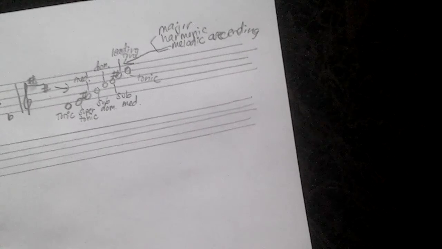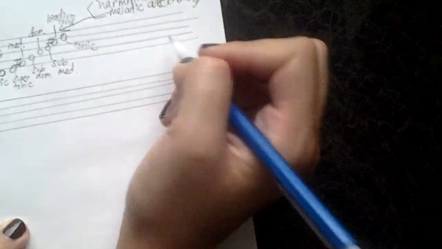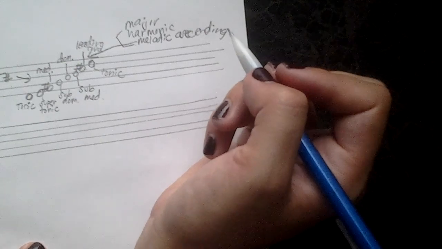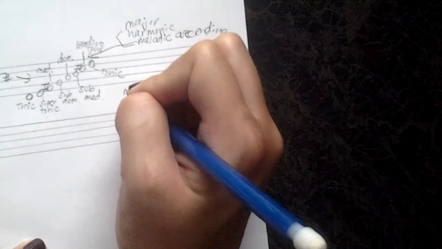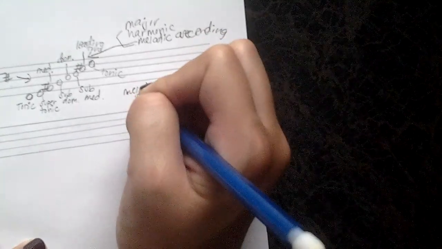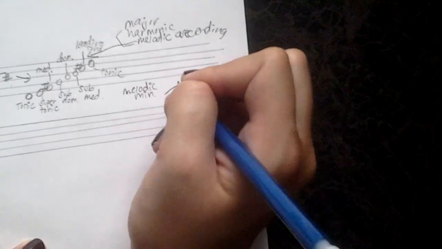Remember the difference between the different minors. So there's 3 different minors. There's natural, harmonic, and melodic. Melodic minor is the one that has ascending and descending. Sometimes I'll ask you for ascending, sometimes I'll ask you for descending. So remember, with melodic minor, for the ascending part,